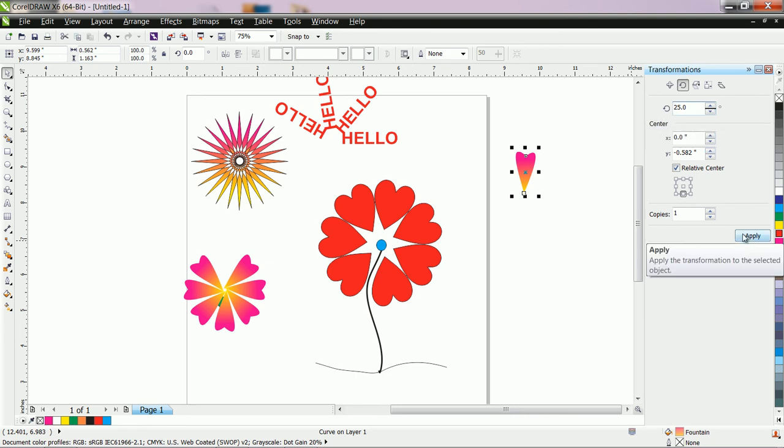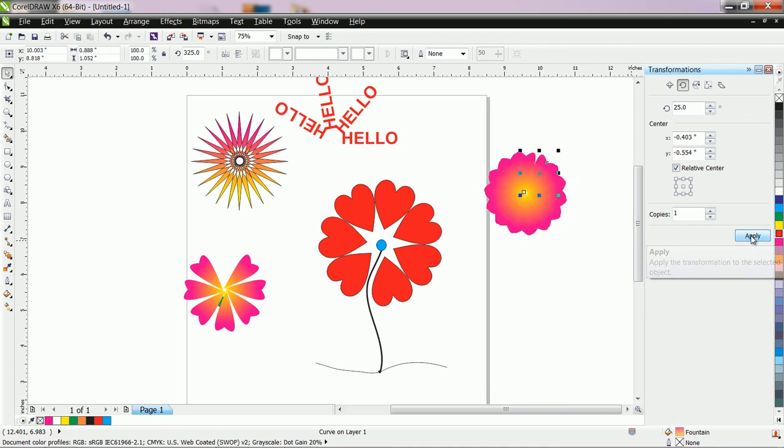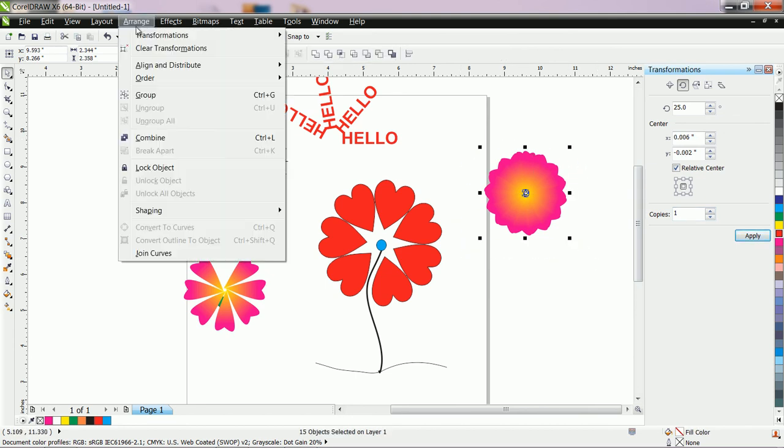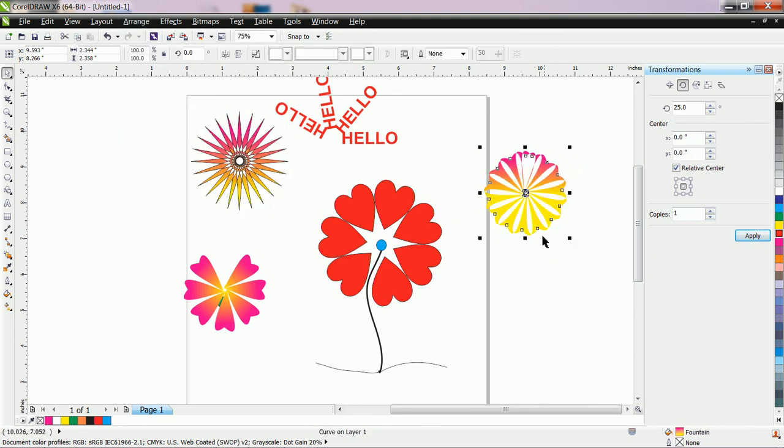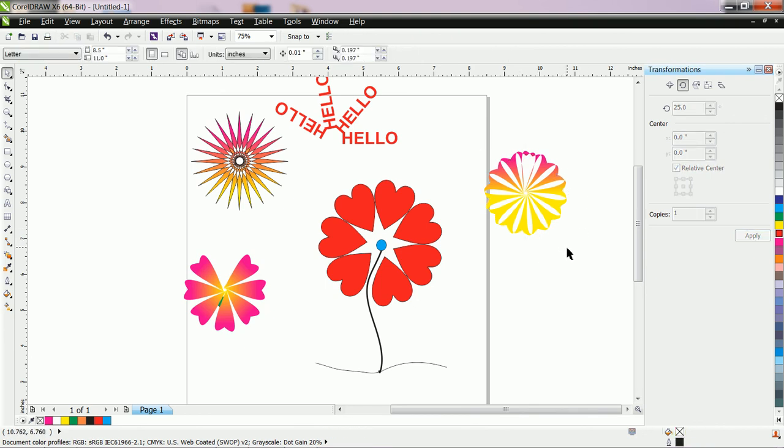Like this, I use this point. Use apply. This shape overlaps. Okay, now select all these shapes and go to arrange, combine. You will get a different shape. Okay, like this you can make different types of flowers.